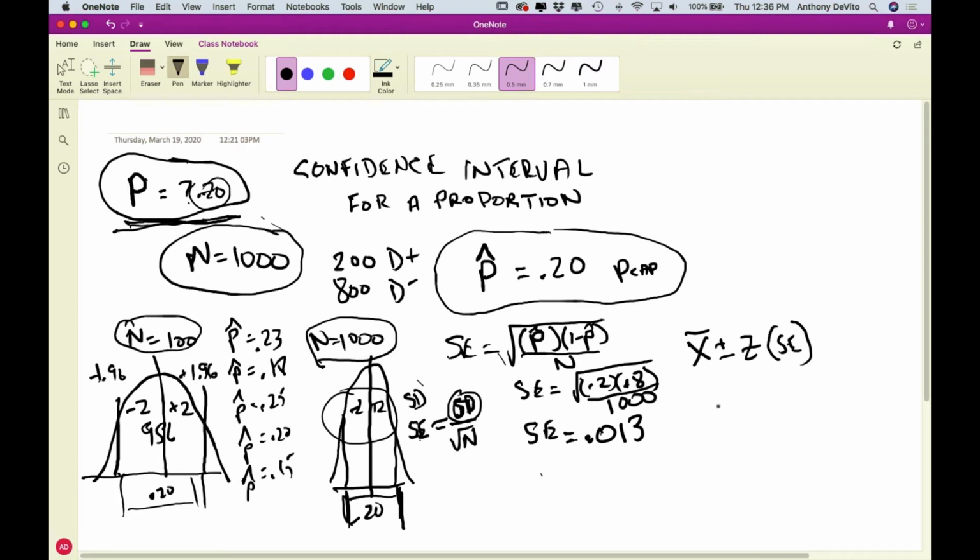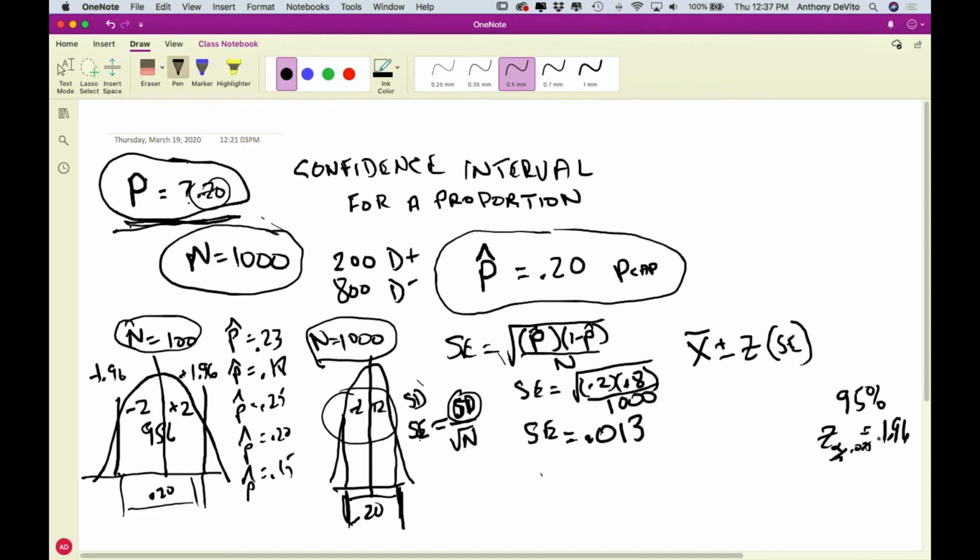Okay, so I'm going to calculate what Z is going to be. What is Z going to be? Well, my confidence interval is going to be 95%. And we know if we have a large sample size, our value of Z for a 95% confidence interval, in other words, alpha over 2 equal to 0.025, in other words, alpha is equal to 5%, same thing, in other words, 5% tolerance from being wrong, is equal to